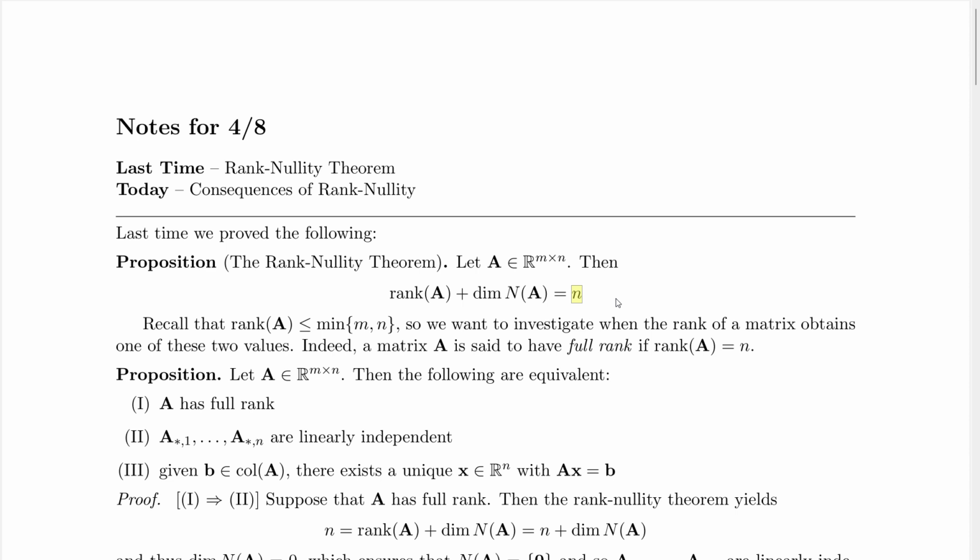Note that they add up to the number of columns, the number of rows seemingly not playing a role, but as we talked about last time, we know that the rank is bounded above by the number of rows. So while it doesn't explicitly show up in the formula here, it is present. Our method of proof for this theorem was to investigate the extremities of the nullity. Because the null space lives in Rn, we know that the nullity could not exceed n in terms of its dimension,